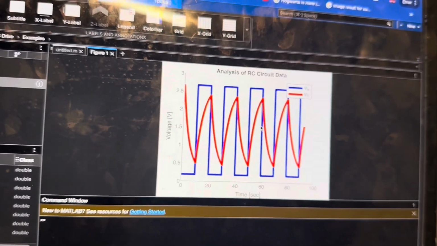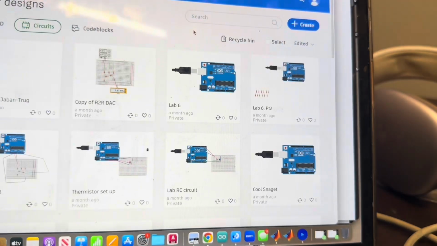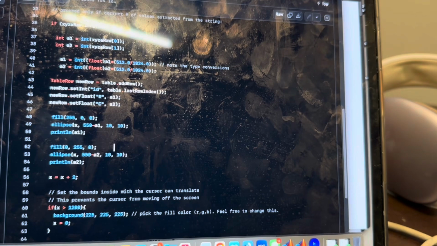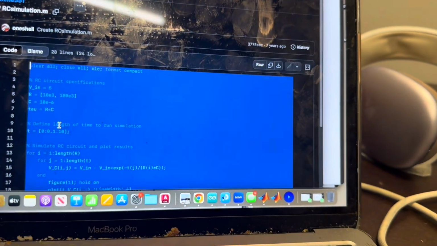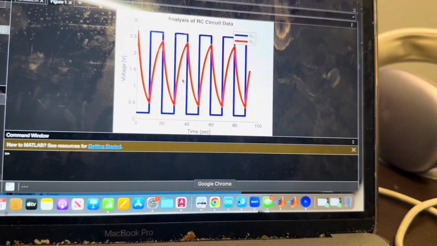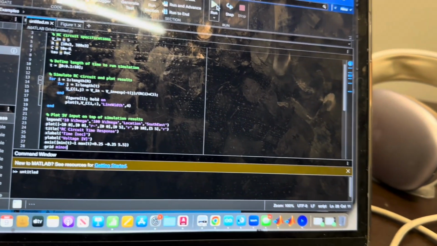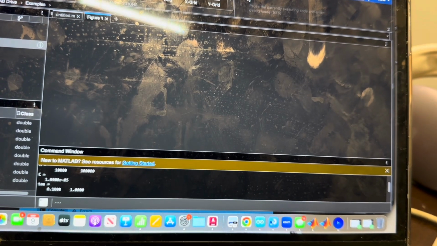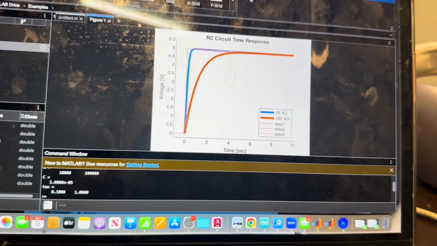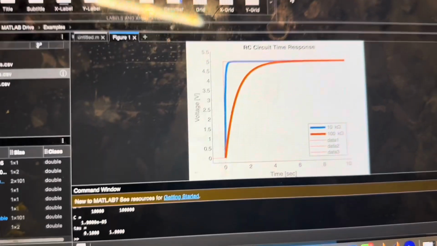All right, and then looking at the MATLAB for the first order system, the RC circuit. So yeah, this follows what we would want to see for a first order system, that